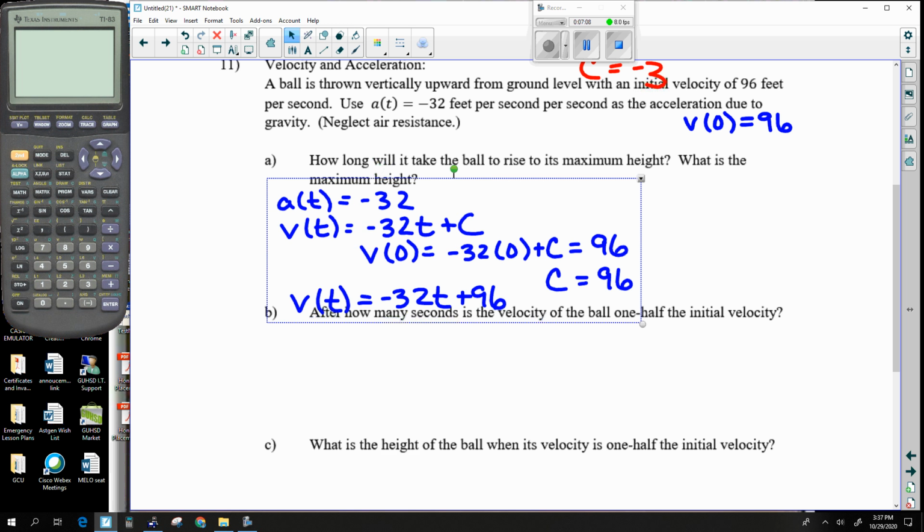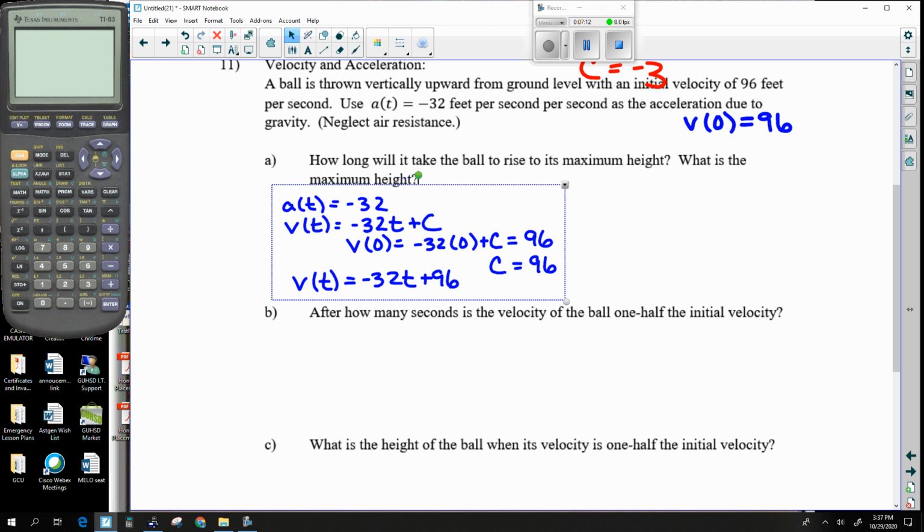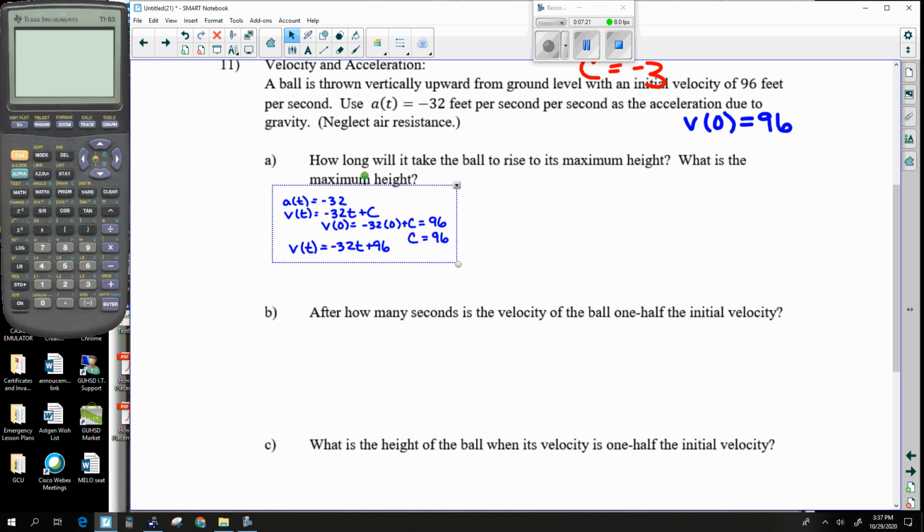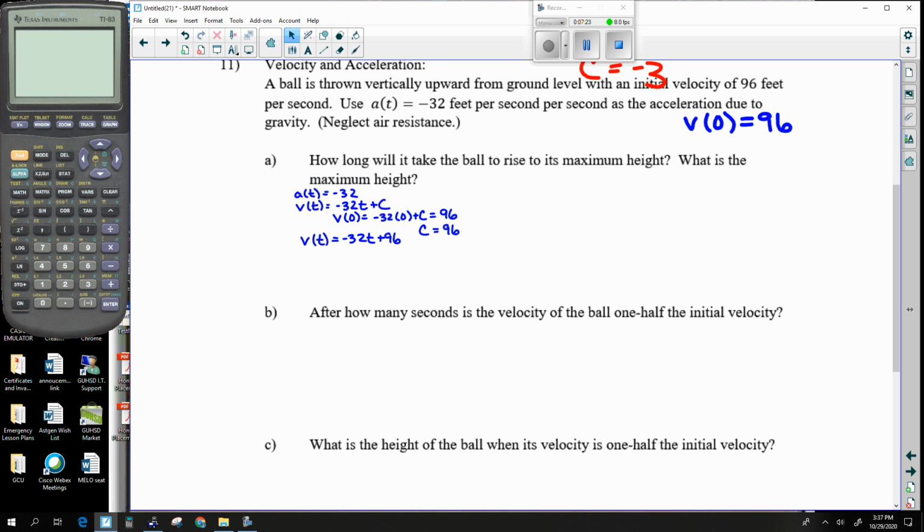All right. As I was saying, how long will it take the ball to reach the maximum height? Actually, let me take this equation just one more time. Let me just go one step further and turn this into a position, and then I'll answer all the questions. So this is a big equation right here. And now let's go ahead and find the position,